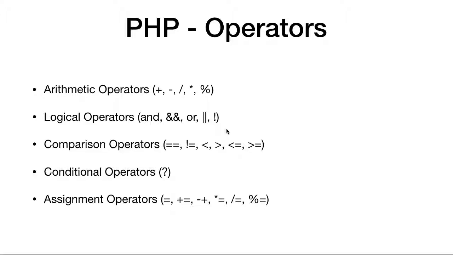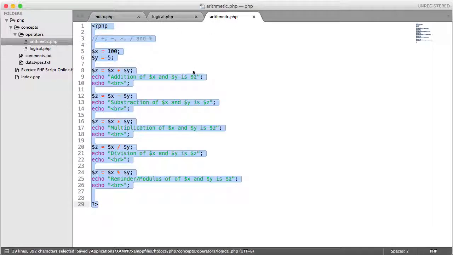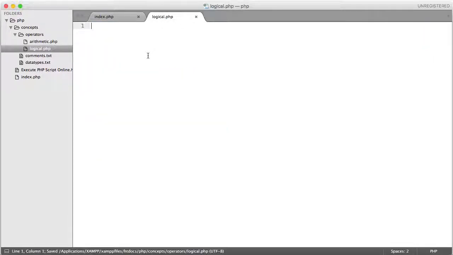So in this lecture we will see examples of logical operators. So let's open my Sublime Text or any text editor. Here let's create a new file inside the operators folder. This is the empty file and you can copy the contents of the arithmetic.php or maybe you can write from scratch. So just open the PHP tag and then, as I mentioned earlier, the logical operators are nothing